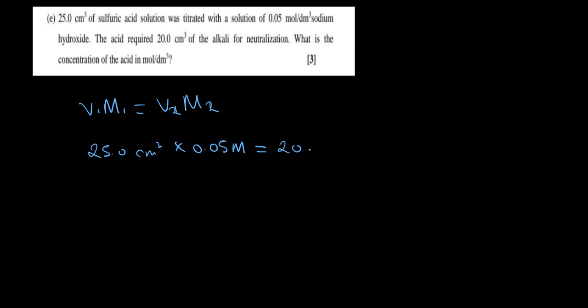So what we do is, 20.0 centimeter cubed times the M that we are looking for, M2, that's the final concentration. So we divide throughout by 20.0 centimeter cubed, so the centimeter cubed and centimeter cubed cancel. I didn't want to convert to liters because I know they will cancel at some point, which is just the same. So M2 is equal to 25 times 0.05 divided by 20. That will give you 0.06